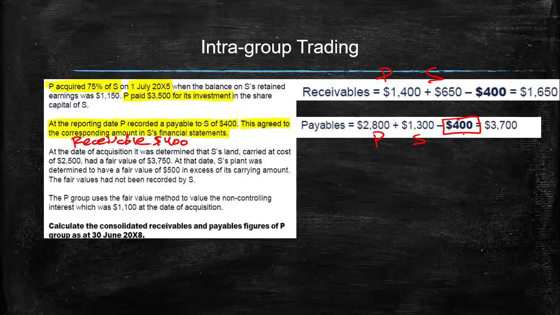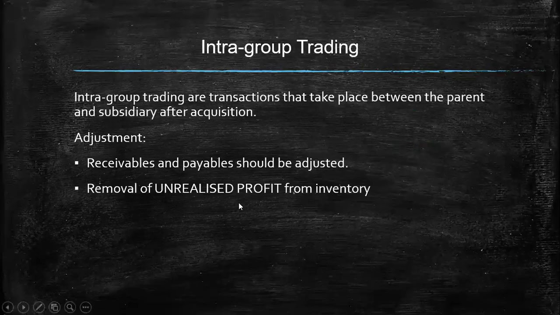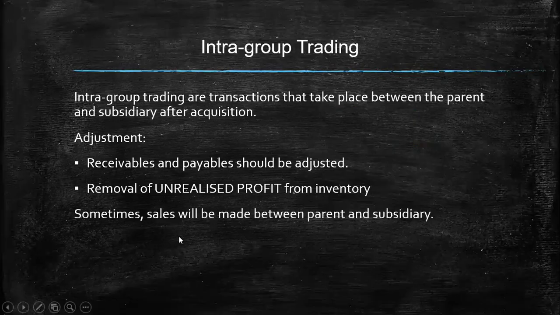So you have to remember, the amounts that are common between the parent and the subsidiary, the receivables and the payables, if given in the scenario, have to be subtracted from the receivables calculation and the payables calculation when preparing the consolidated statement of financial position. Additionally, you can also have unrealized profit in your inventory value, and you may have to adjust for this as well. Now, what is unrealized profit? Well,